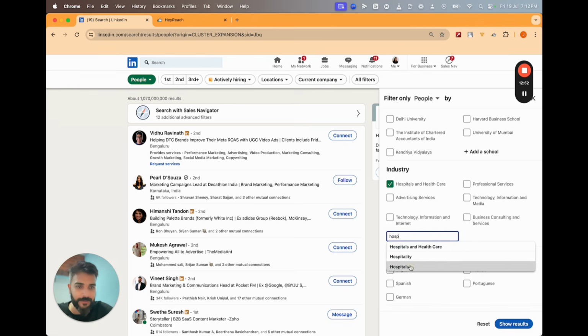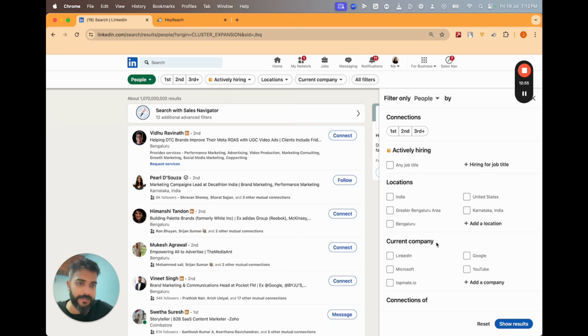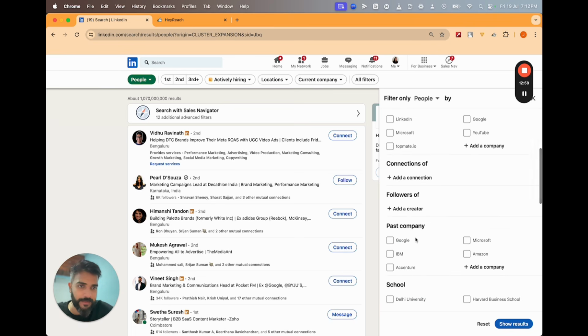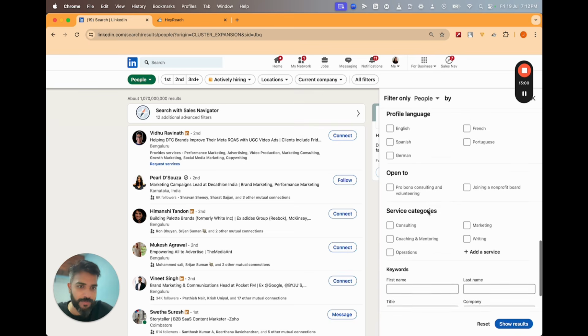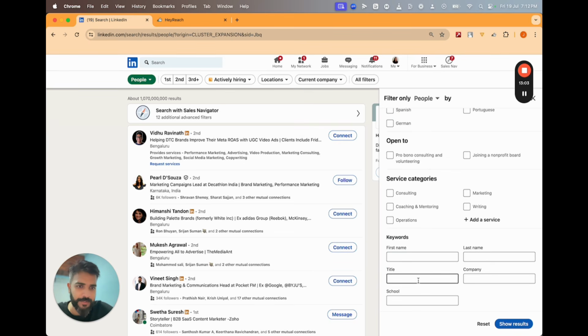Hospitals, there we go. And in India, obviously, and we want pretty much English, and for title we'll go for founder or CEO or chief executive officer, or we can go for managing director or chairman or chairman to the board. I think this is fine.